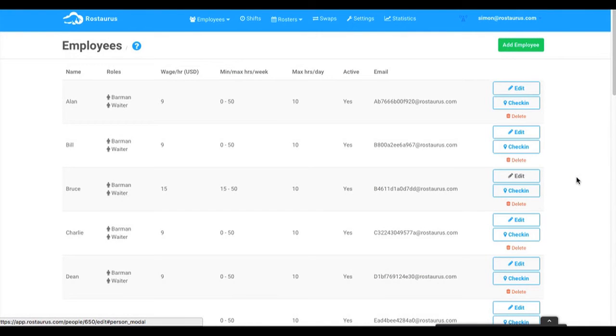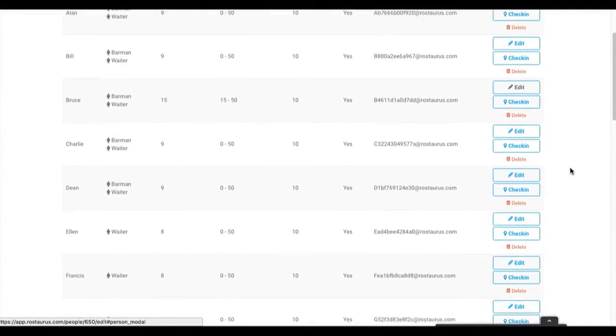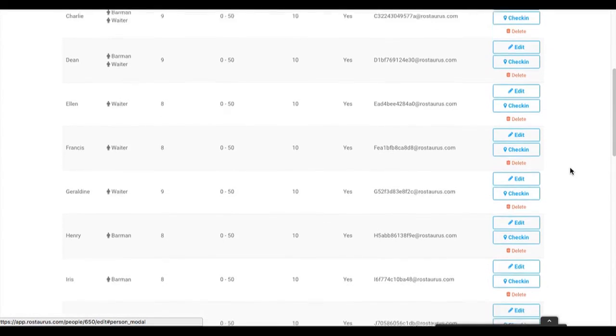Also on this screen, you have the ability for employees to check in and check out, which you can do through the button here. And there is an additional video for checking in and checking out, which can be seen in the support section. So there you have it, loading employees, and as well, if you want to delete them once they have been loaded, you can simply do that there. But that is the employee tutorial for Rostoris.